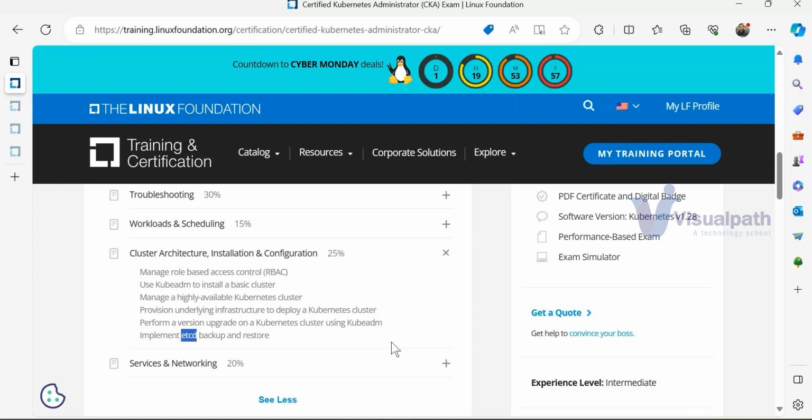What are their IP addresses? Where are they running? How many replicas? All the information will be stored in this database. As I said, when we are sleeping and my application is crashed, from where will Kubernetes get the details? From this database. Kubernetes will go read all the information from this database, and this database